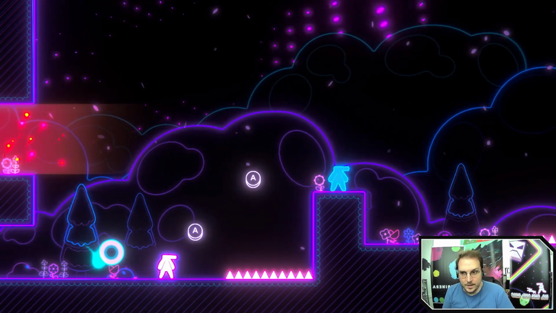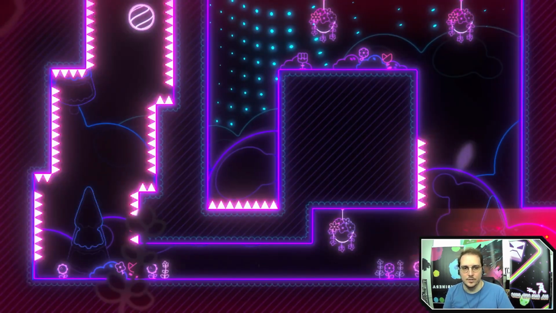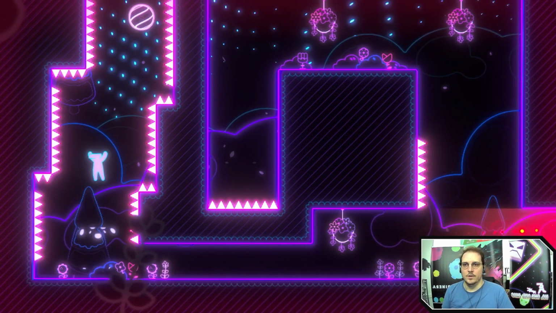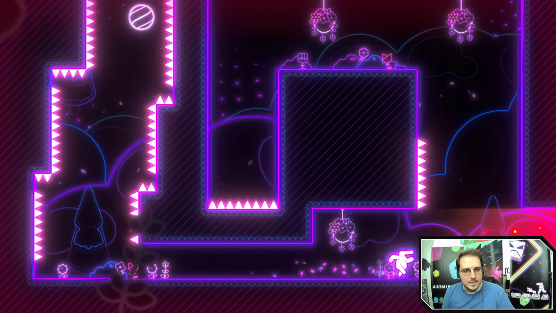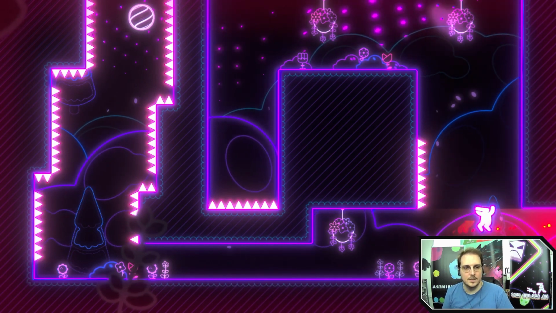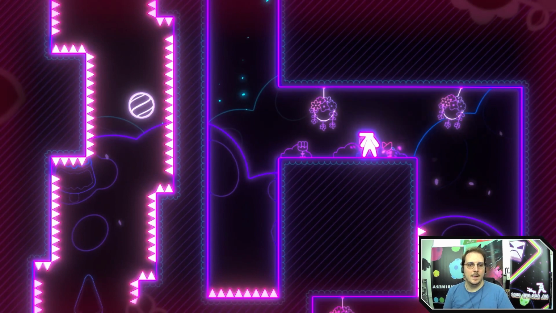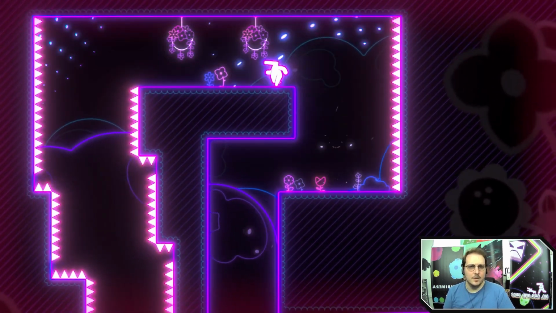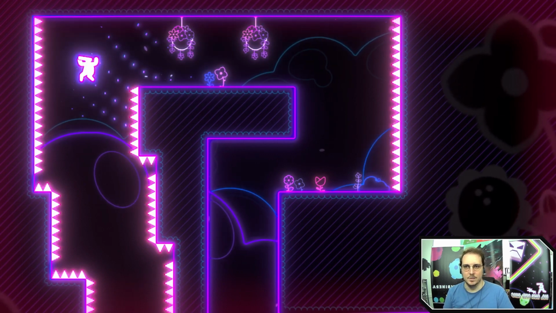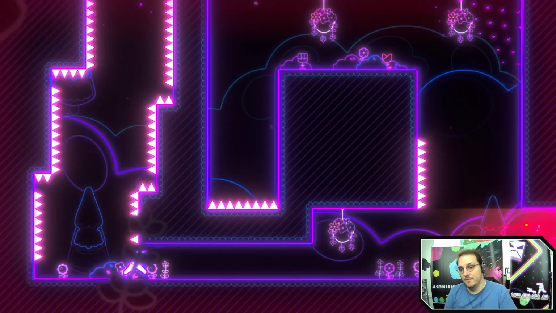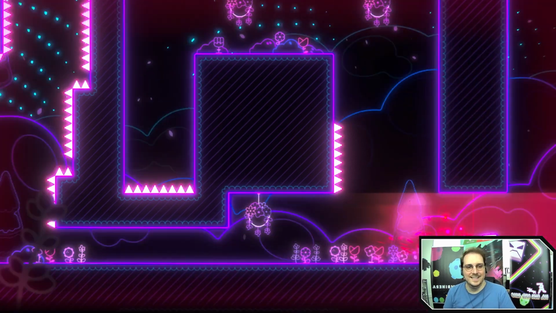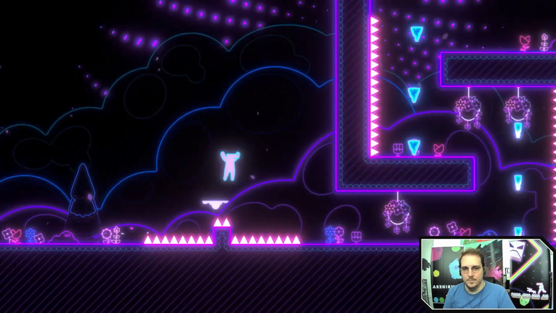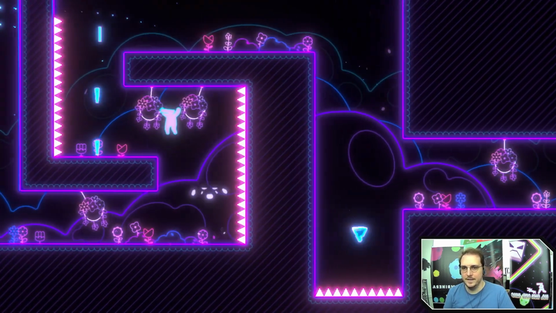So now that we know how to double jump, I'll show off one of these challenge rooms. We can see we have one of the orbs up here, but in order to get to it, you need to do a little bit of parkour. These early challenge rooms aren't too bad. I'm just gonna blow through some of these, just because I've played the game a lot. Not too bad. We got a challenge orb. Double jump over some of this stuff. Here.